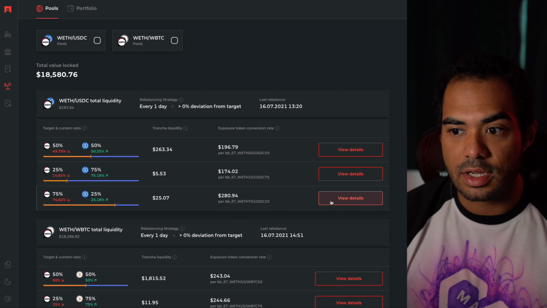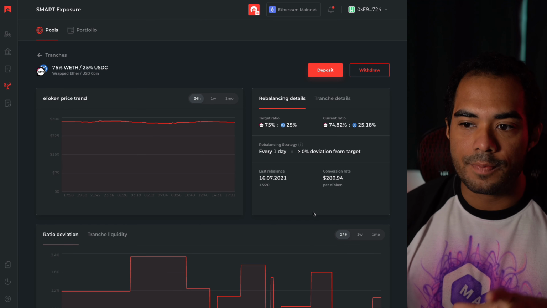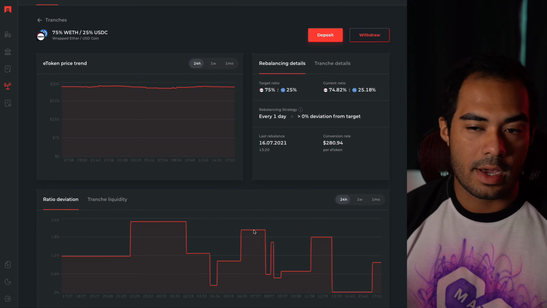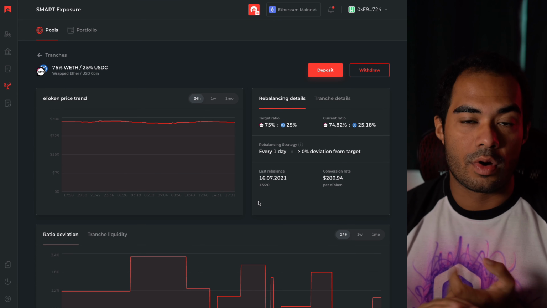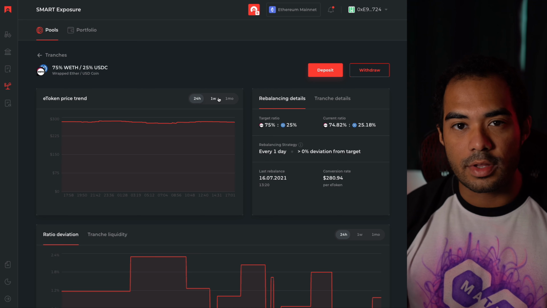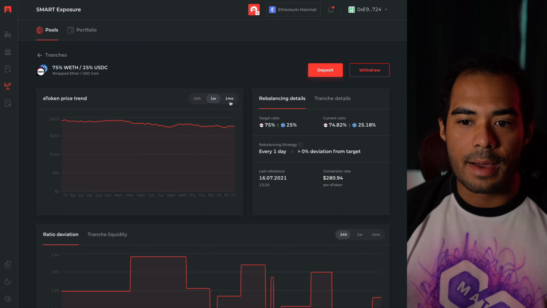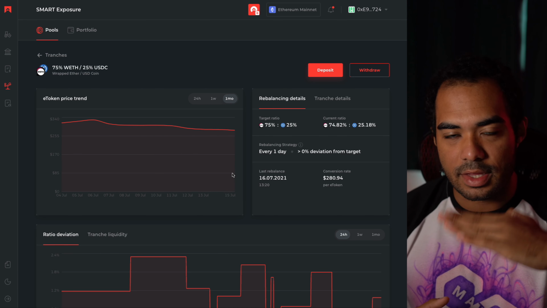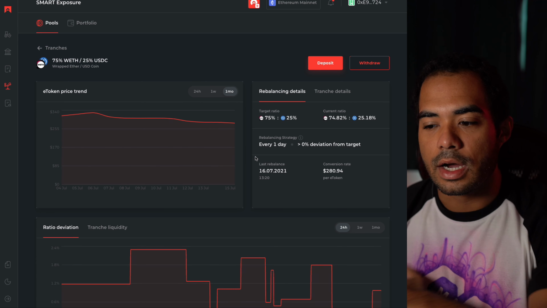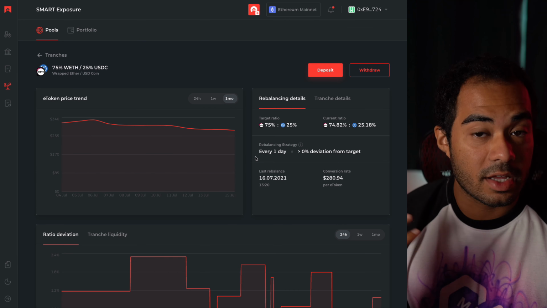mentioned volatility is going to be one of the main things. With smart exposure, one of the reasons you would do this instead of just holding, because it is kind of similar, is number one, for sideways markets. So in this case right now, we're in a sideways market where things aren't really going up, things aren't really going down, but it helps because it's constantly moving like this, right? Prices are going up a little bit, going down a little bit, and kind of evening out. So that's good for volatility harvesting, they call it.